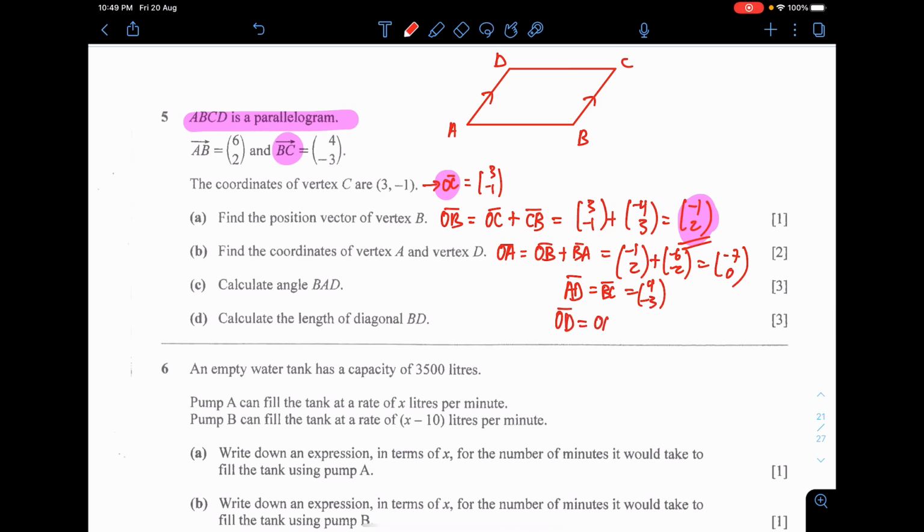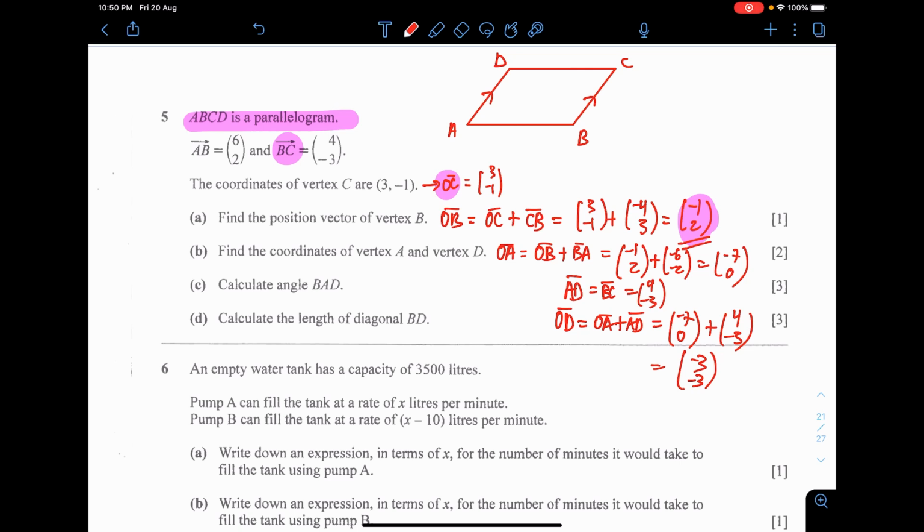They want to find point OD, so I take OA plus AD. Very simple, right? Sorry if my writing is so small, I have little to no space. So I got this thing, and then I'll get 10 and negative 1. That's the coordinate of D. Wait, let me check for a little bit. Point OA is actually negative 7, 0. Why did I pick that number? Almost careless here. Negative 3 and negative 3. Coordinate of D is negative 3, negative 3.